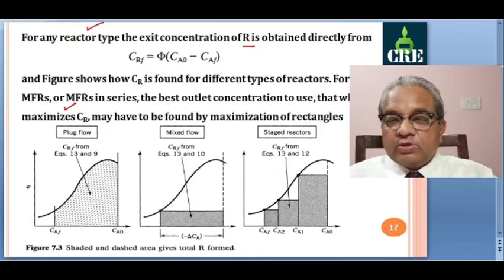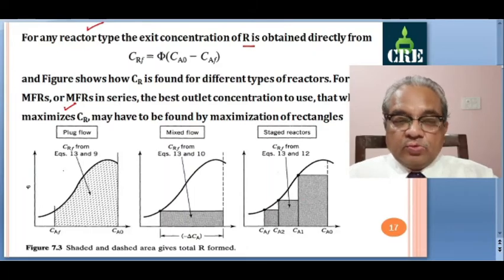If you are using staged mixed flow reactors in series, then add all these areas of the rectangles. This is instantaneous yield plotted as a function of concentration Ca0 to Caf. The area under the curve from Ca0 to Caf